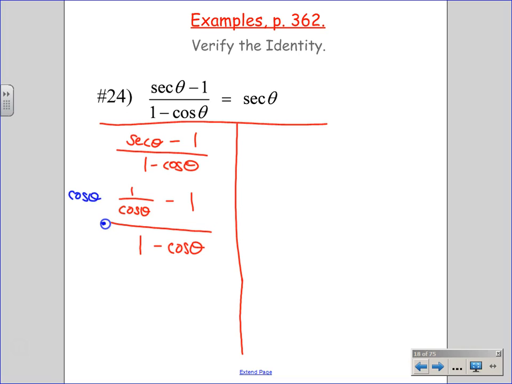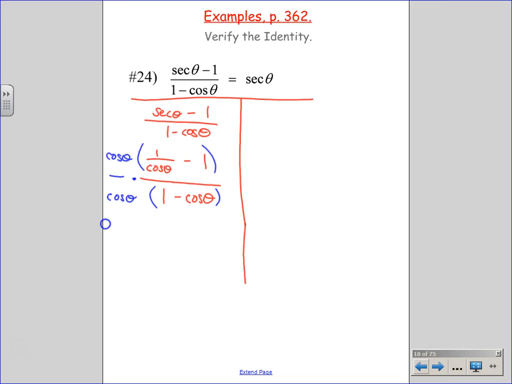It's really just math. It has nothing to do specifically with this section. Just like we had to do in that one, we're going to have to distribute. What happens when you distribute on top? 1 minus